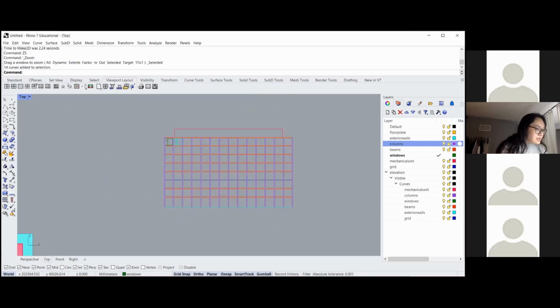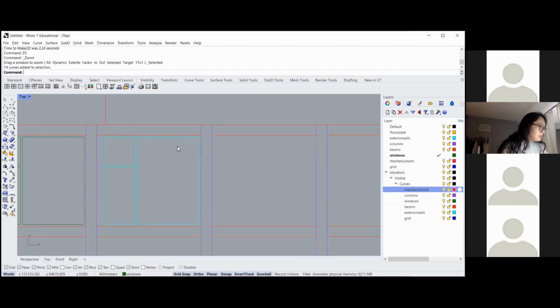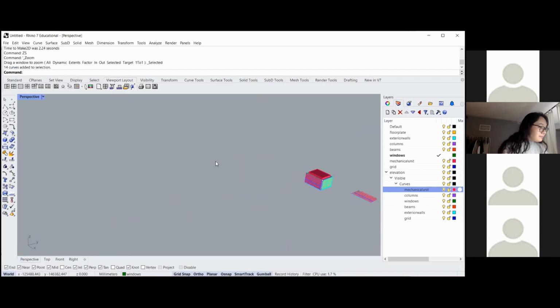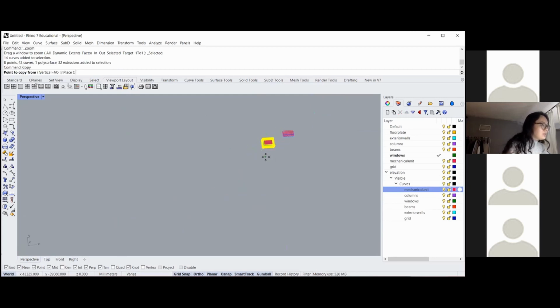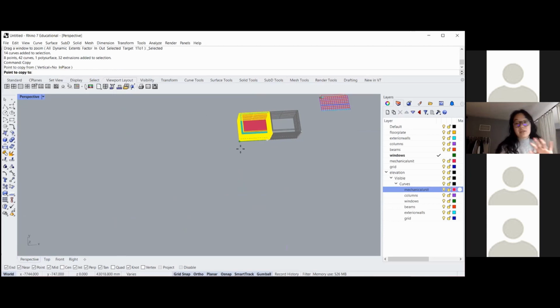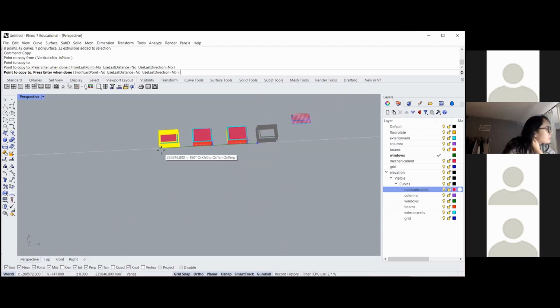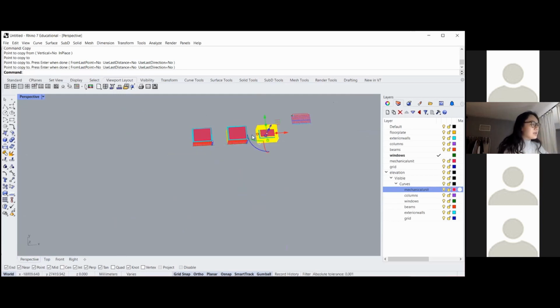And then you can see here, this is your make 2D layer, and it has all of the source layers still there. So yeah, that's an elevation. You can also do the same thing for a plan. So what I'm going to do is I'm just going to copy my building over so that I have the original building, and then I have some buildings that I can manipulate for getting the drawings that